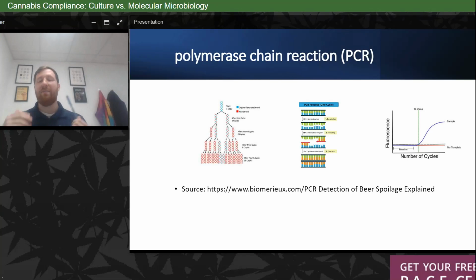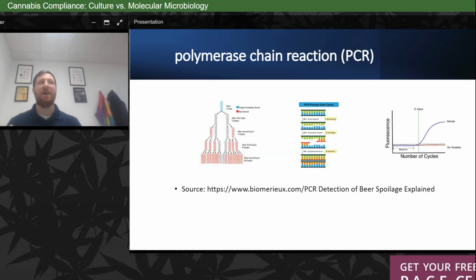So when we talk about PCR, there's really 4 main steps, and they're outlined right here in these 3 diagrams. The first is the primers and the probe. So first, of course, we extract the DNA. That goes through an extraction process, a method-specific extraction process. So now we're talking about what happens on the instrument. The primers and the probe bind to target DNA.